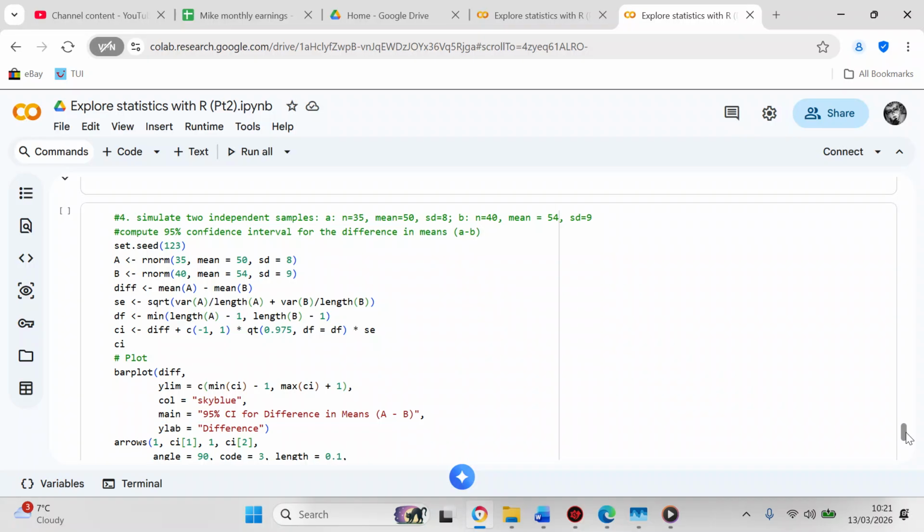SE becomes square root of brackets, that's variance A divided by length A plus variance B divided by length B. We're going to calculate the degrees of freedom, which becomes min, brackets, length A minus 1, comma, length B minus 1. We're going to calculate the confidence interval, which becomes the difference plus C, brackets -1, comma 1, so we're creating a